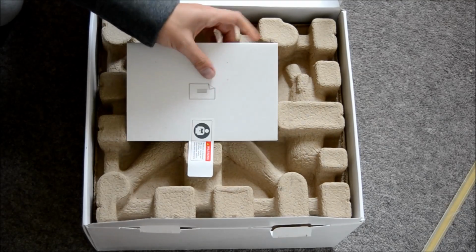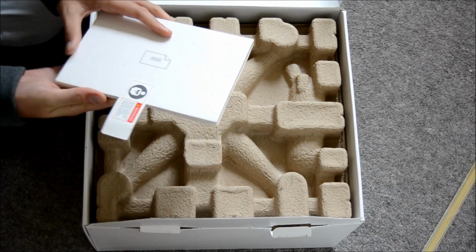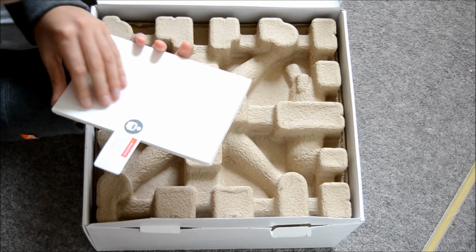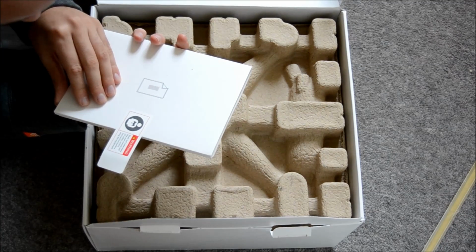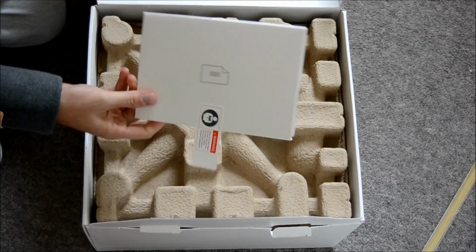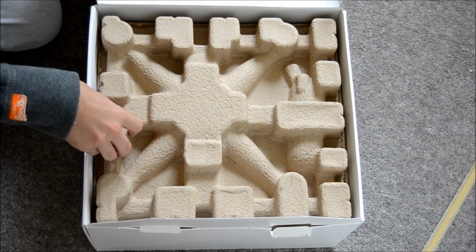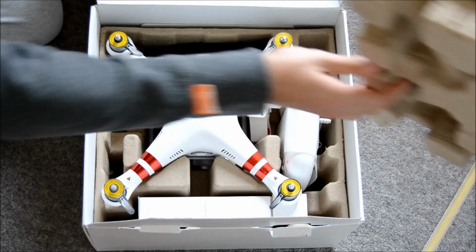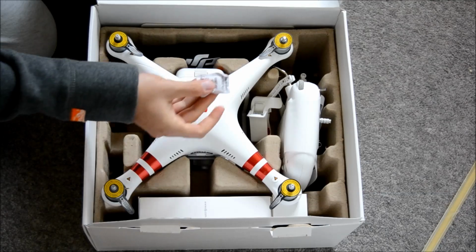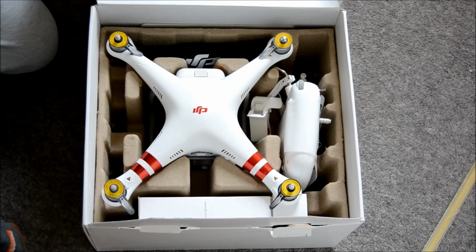Okay, so what have we got? This would appear to be a warning: read and understand the user manual and all other safety instructions before using this equipment. So that is the manual, just in there. Don't need that for the minute. Get rid of the cardboard, the silicone. Right, so